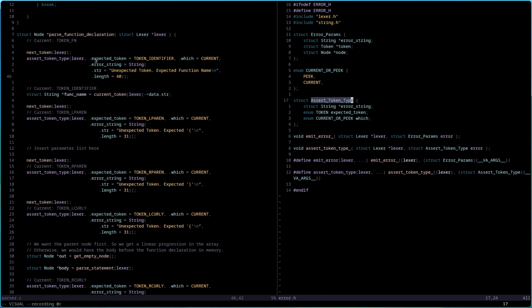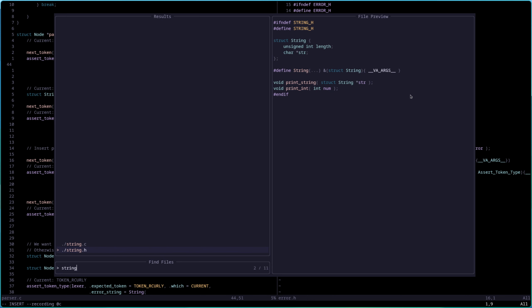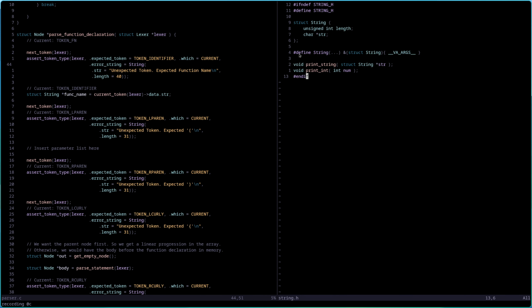So you can say dot expected token, which is this one, and then you can say which. Oh, that's this one. And then you can say dot error string, this one. Oh, nice. And I have done the same with the string here.